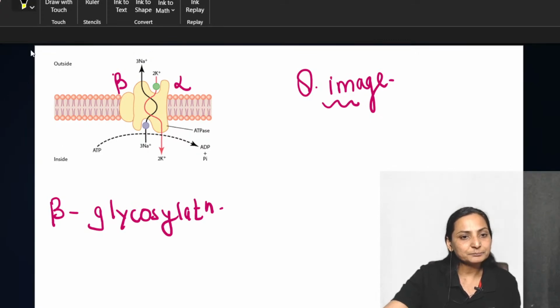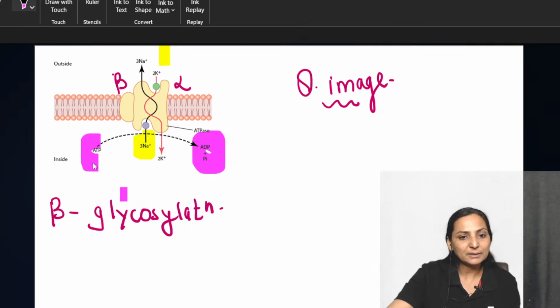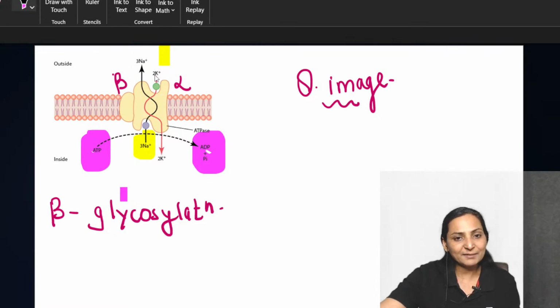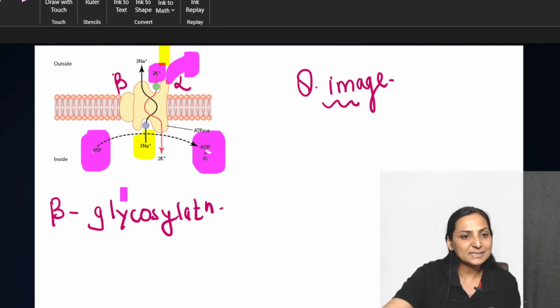Now you can see that this is the site which is intracellular. Why is sodium intracellular? Because you have to pump sodium outside, right? So intracellularly you will have sites for sodium, phosphorylation sites and ATP binding sites. Whereas on the ECF side you will have the sites for potassium, because potassium has to be taken inside. Very importantly, you will have a site for digitalis, that is ouabain. So here is the site which is going to bind your digitalis, that is ouabain,